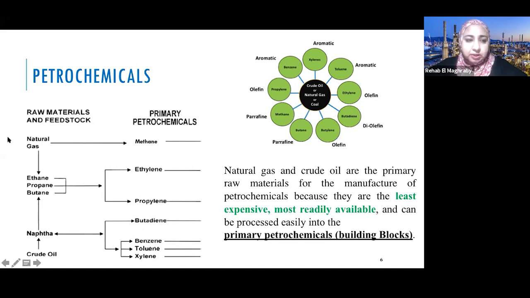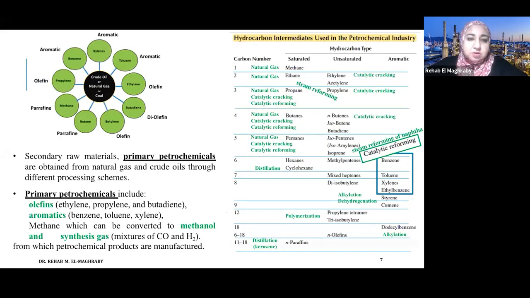So what about natural gas? We have natural gas here. From natural gas, we can get methane as a building block for the petrochemical industry. We can get ethane, propane, and butane. All of these can be converted to ethylene, propylene, and butadiene, so we can reach the building blocks from natural gas using the paraffinic-based materials. So this is called the primary building block of the petrochemical industry, sometimes called the primary petrochemical, which is the green circles I talked about on the last slide.